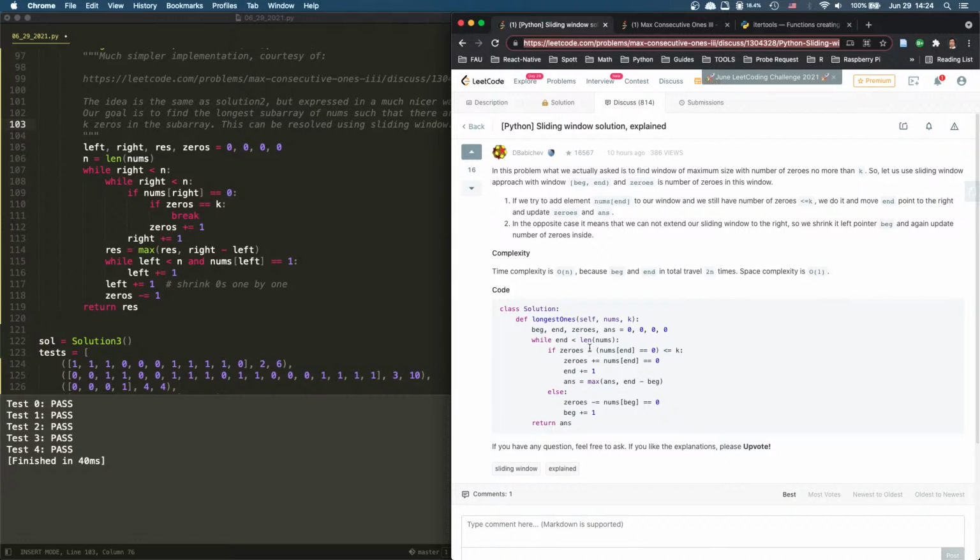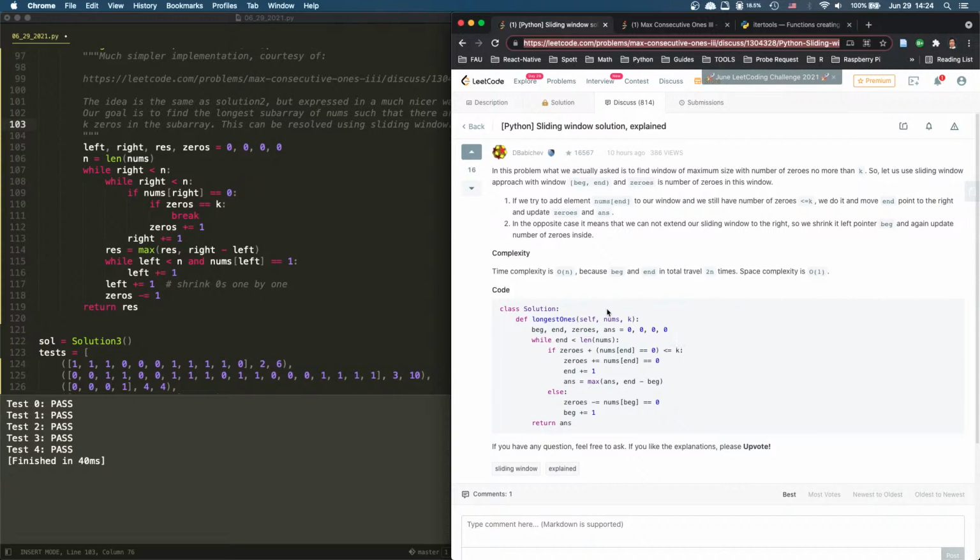If zeros plus, if number is 0, so plus 1 is smaller, then we plus equal to this, and plus equal to 1, answer equals to max, and so on, until we plus this smaller equal to k, we cannot do,